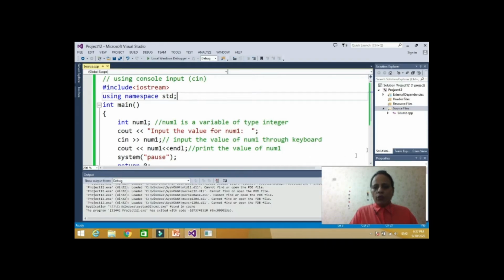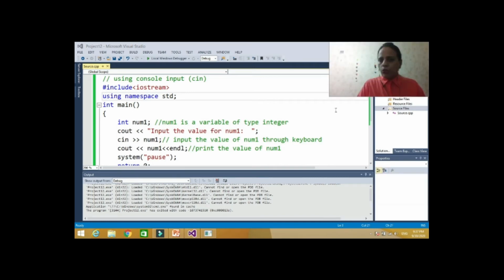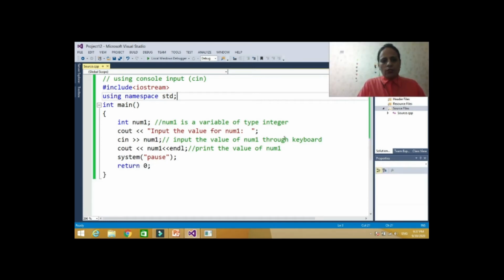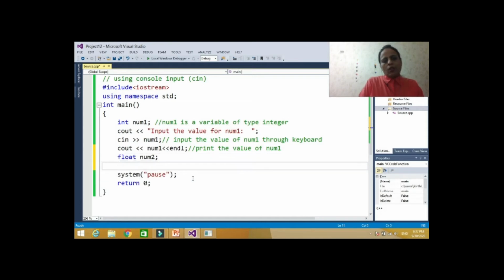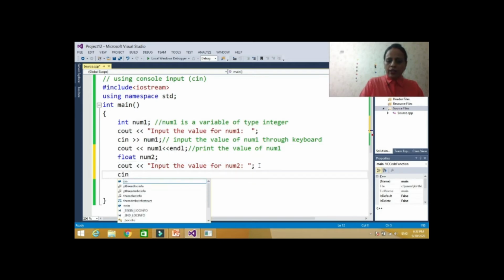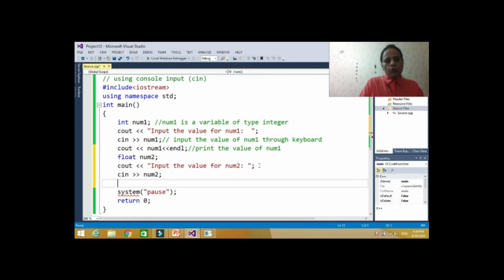Similarly, we can input floating point variables and character variables. Let's say I have another variable that is of type float, and the same, cout input the value for num2, and then we input it at runtime using the keyboard, cin num2, and then cout num2.